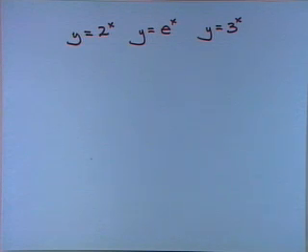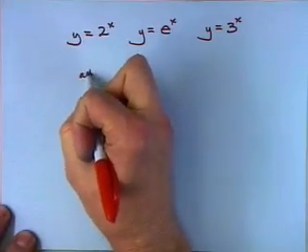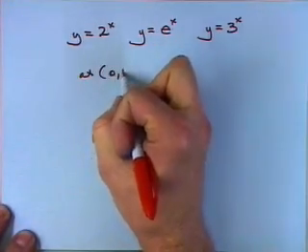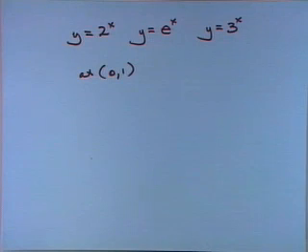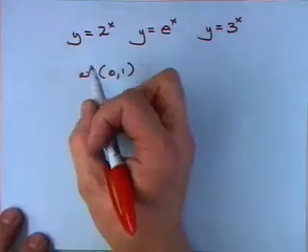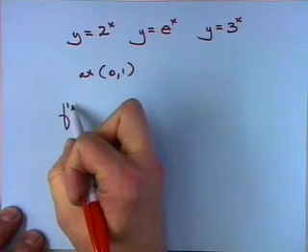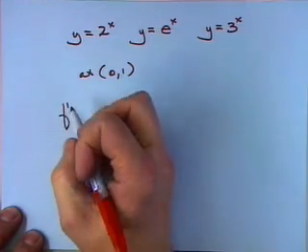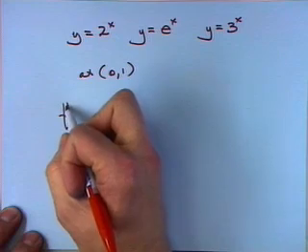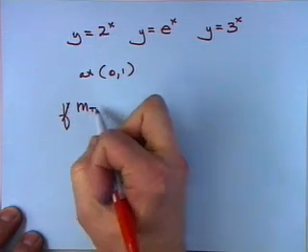But if you analyze what's going on at the point (0, 1), which is on all three of these, everybody agree with that? If you put in x equals 0, you get y equals 1 on all three of these. On the first one, the slope of the tangent, better not use that notation, the slope of the tangent